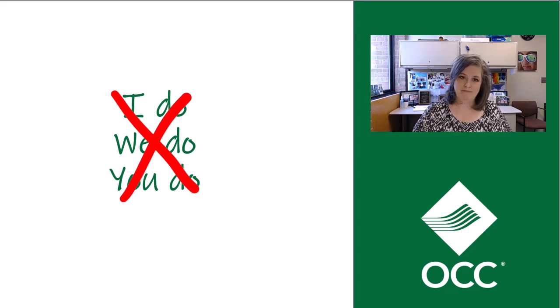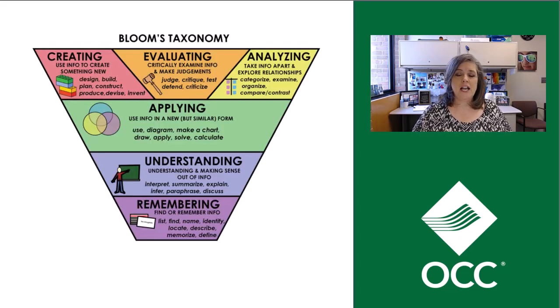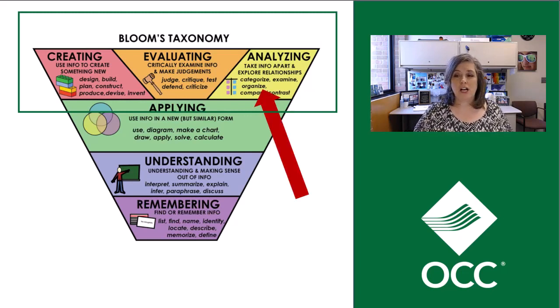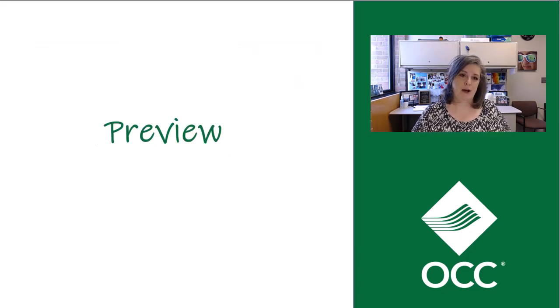McGuire concentrates a lot on Bloom's taxonomy, and in particular, we want to pay attention to the top. So I have got this version of Bloom's kind of inverted, and we want to think about creating, evaluating, and analyzing. And in this video, we're going to talk a lot about organizing. So kind of organizing your brain so that things are going to stick in there a little bit better. And that's what previewing is all about.